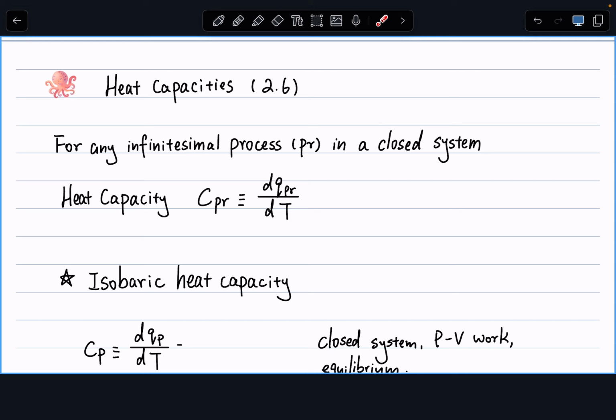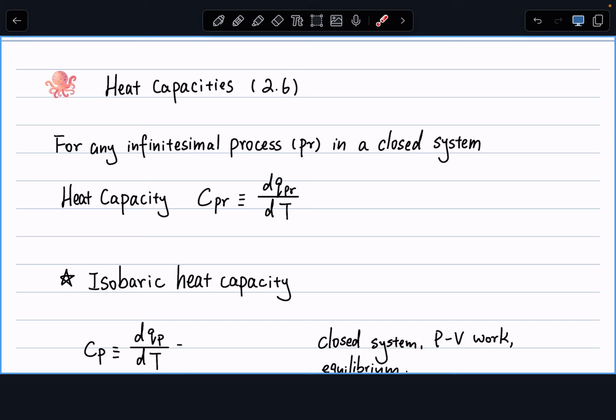And then we want to work out a relationship between the different types of heat capacity we covered. So, getting started: what is heat capacity? The definition of heat capacity states that for any infinitesimal process, abbreviated PR, in a closed system,